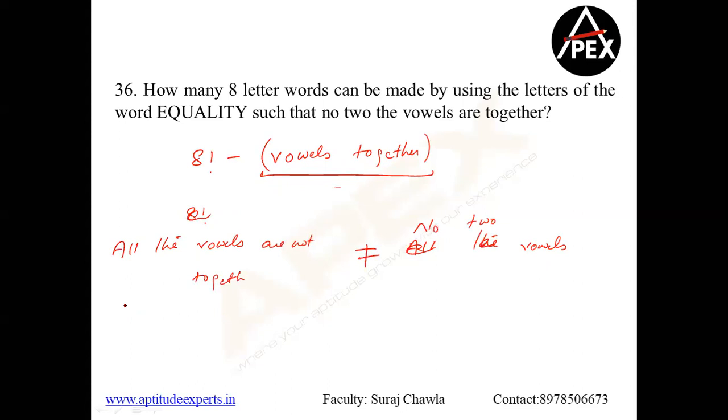So what does this mean here? If I'm writing E, A, U can be together, and let's say you have a consonant and you can keep I here. Okay? But here you cannot do that. So 8 factorial minus all the vowels are together will give you this answer, not this answer. Now is it clear, Mahati? Yeah, any other doubts, guys?